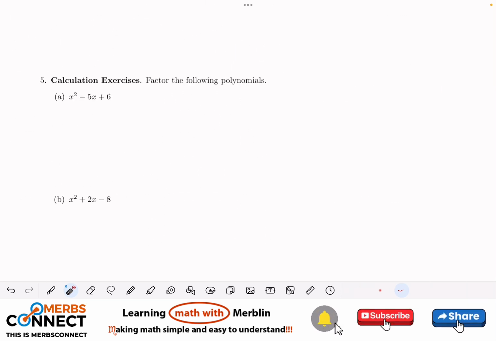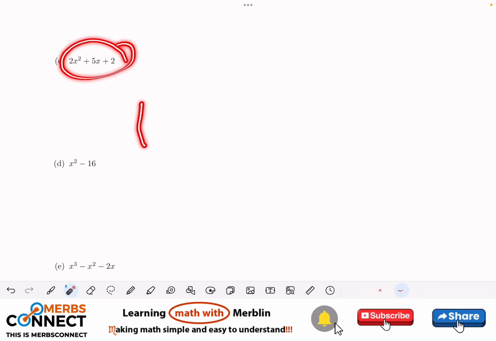So with question 5, just factor the following polynomials. You just need to look for the factors of this and you can drop them in the comment